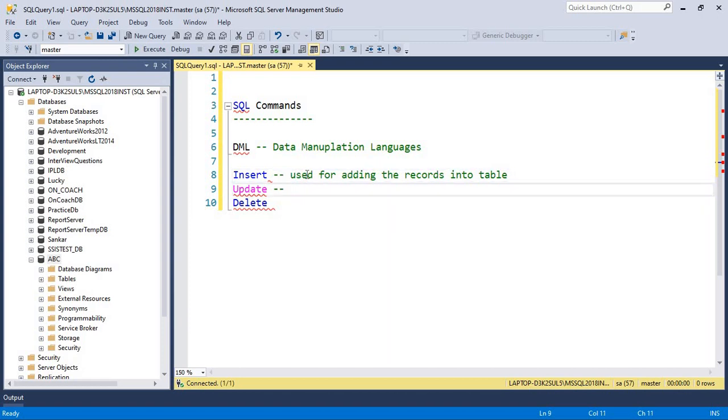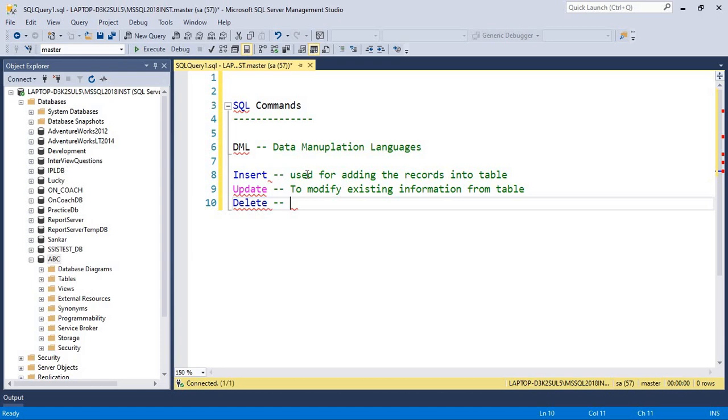Using update we can modify existing data on a table. Okay, let me go for delete now.